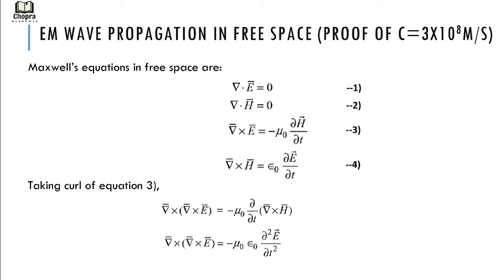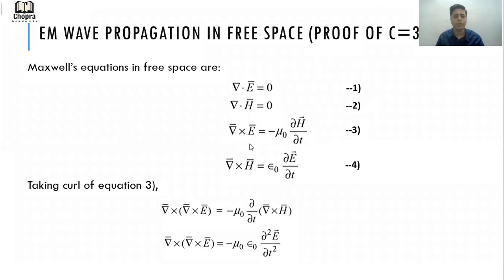So the first equation is div E is equal to 0, div B or div H is equal to 0, curl E is equal to minus dou B by dou t. So we have opened it in terms of mu naught and H, so that is minus mu naught dou H by dou t. The last equation is curl H is equal to epsilon naught dou E by dou t, or dou D by dou t. It's the same thing.